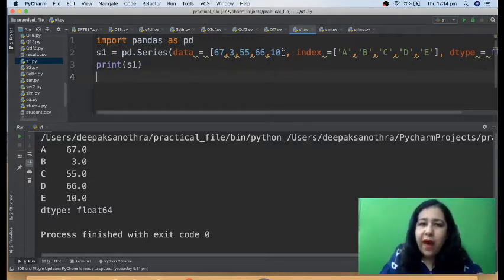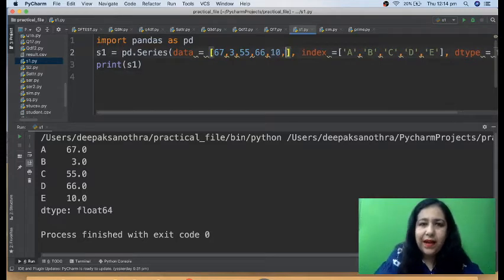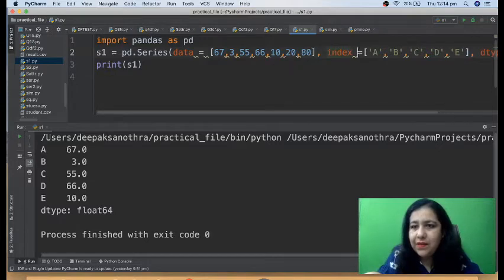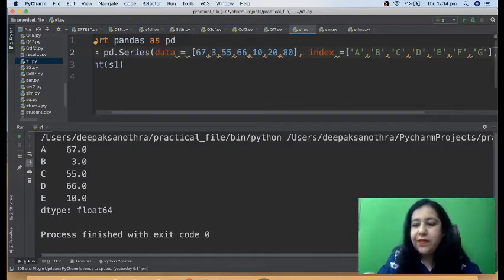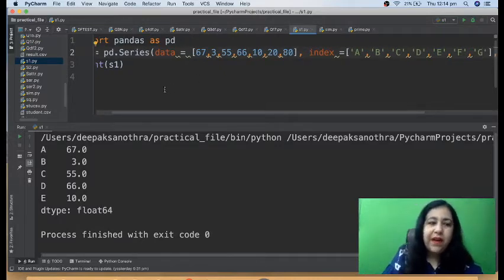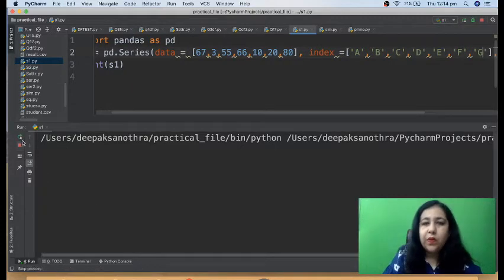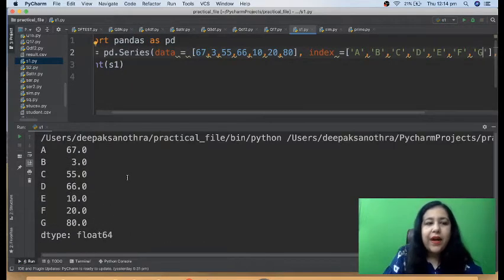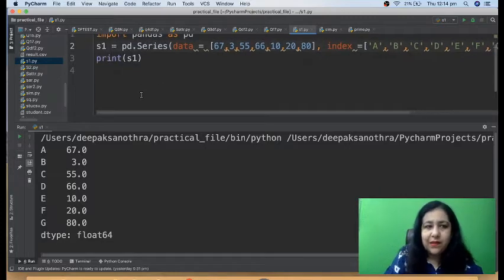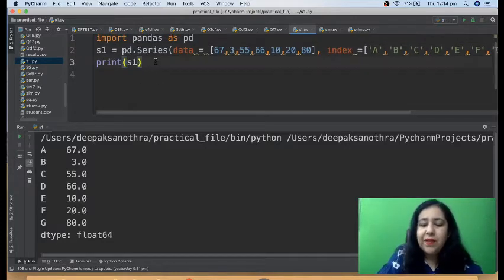Okay, to have it in a better way, I'll do one thing, I'll add two more numbers to it. So let it be two more numbers, so A, B, C, D, E, and we add the index. If I don't add, I will be getting error because you can't give 7 data items and go only 5 indices. That's not possible. You would be getting an error if you do that. So right now I'm having 7 elements in my series.